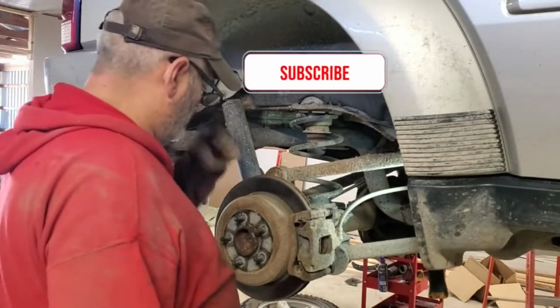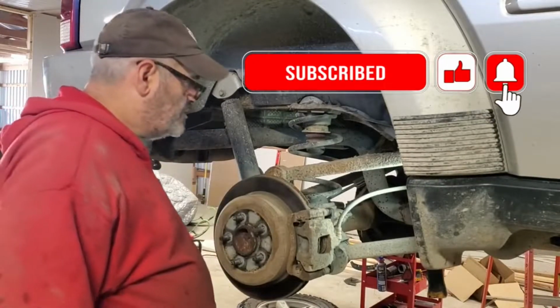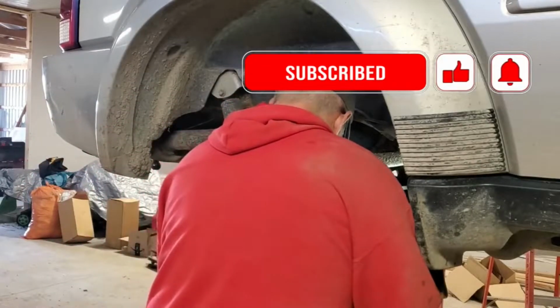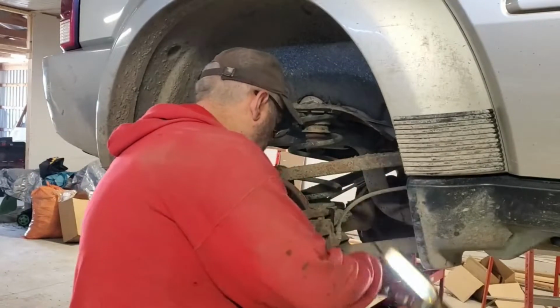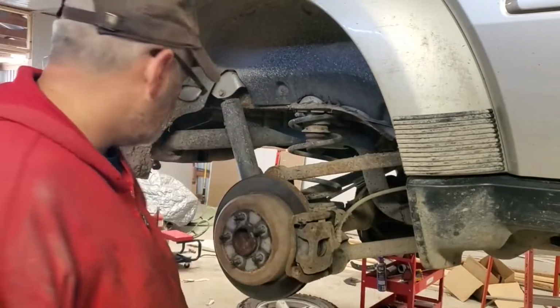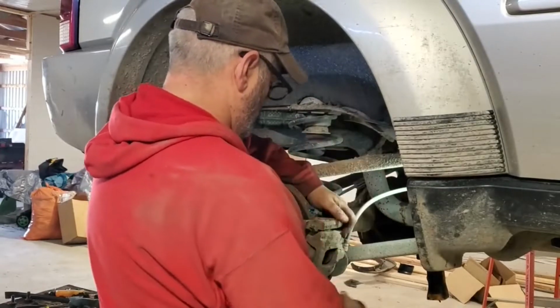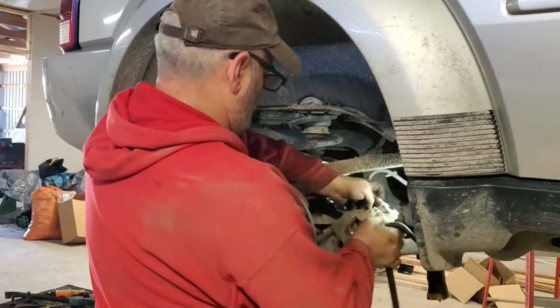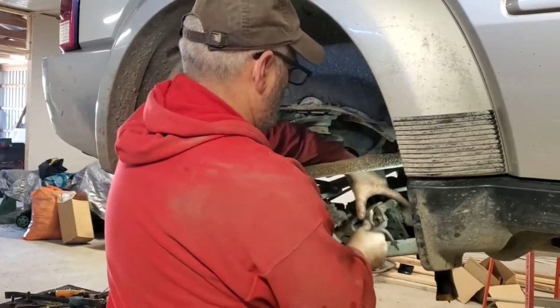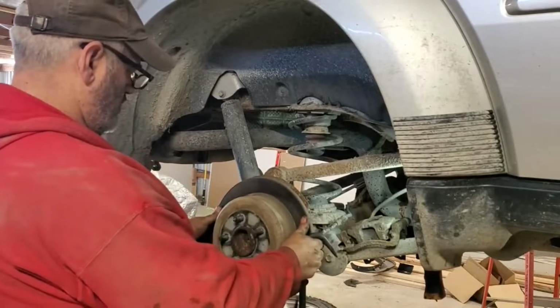Okay, Dodge Nitro, rear rotors and brake pads, I believe, need to be changed in this one. I already loosened up the caliper bracket with a pry bar. 2 18mm bolts hold the caliper bracket. It's just rust. That's all you're dealing with there. And in a perfect world,